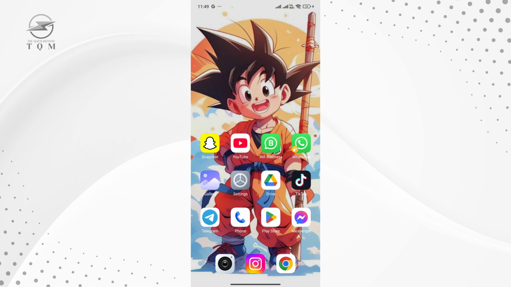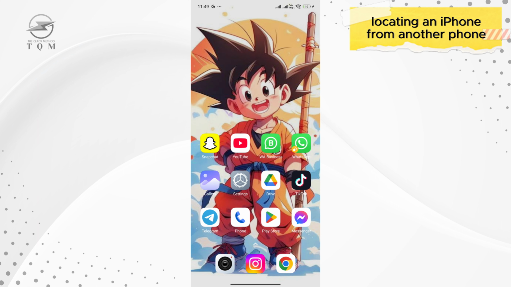In this video, we'll walk you through the process of locating an iPhone from another phone, whether it's an Android